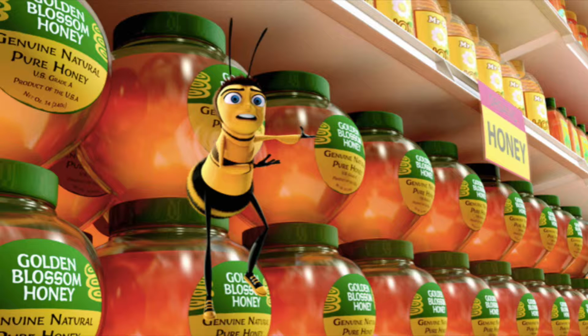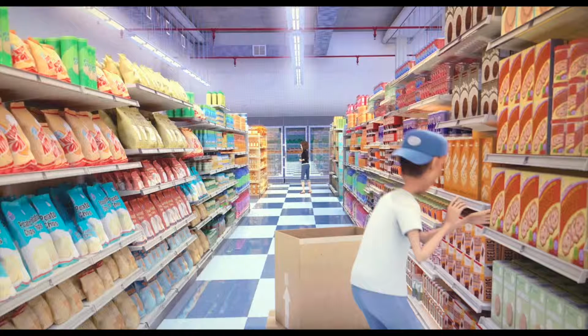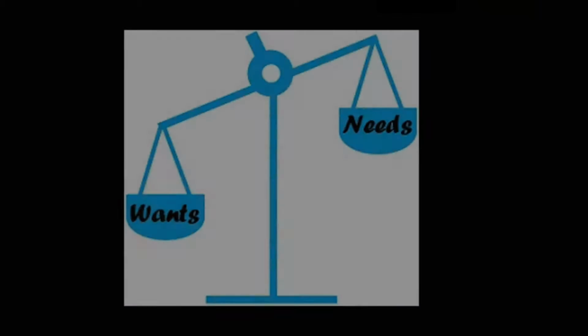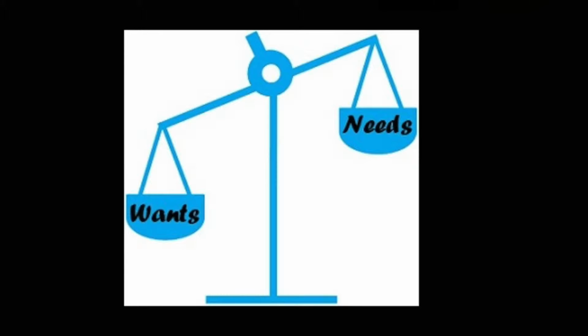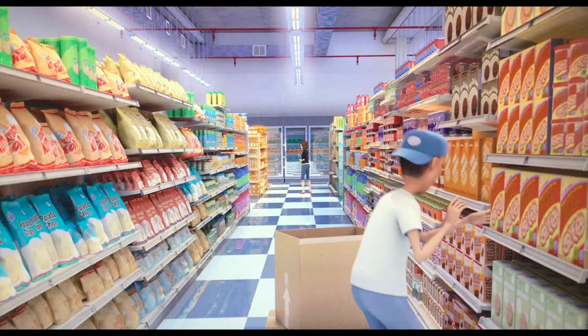This scene shows that the humans want the honey to eat for enjoyment, as they have many other foods that they can eat in substitution. Since a want is something that people desire but is not necessary for survival, it comes to say that the humans don't need honey because they already have a lot of other food that they can eat to survive. The humans' lives don't solely depend on honey, much like the bees' lives do.